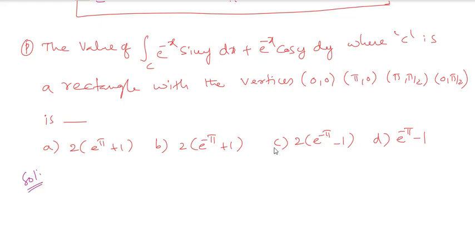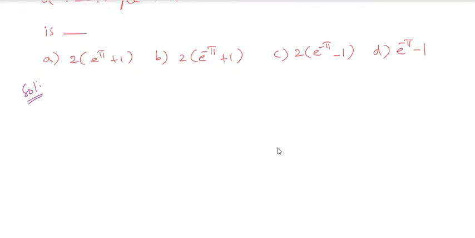So if you observe, integral M dx plus N dy. So this is your M, this is your N. So by Green's theorem, that value you can directly do it. Am I right or not? So they have given the vertices actually. What are the vertices? You just try to check it out. It's a rectangle, they told that.